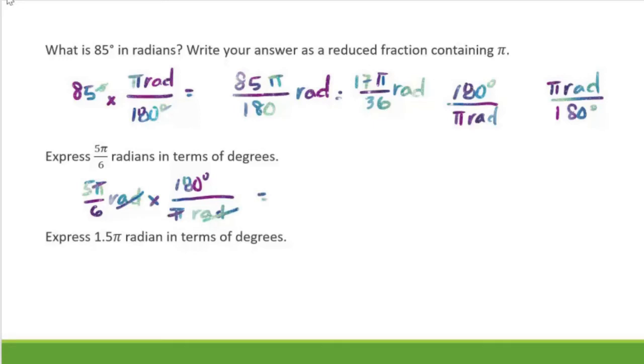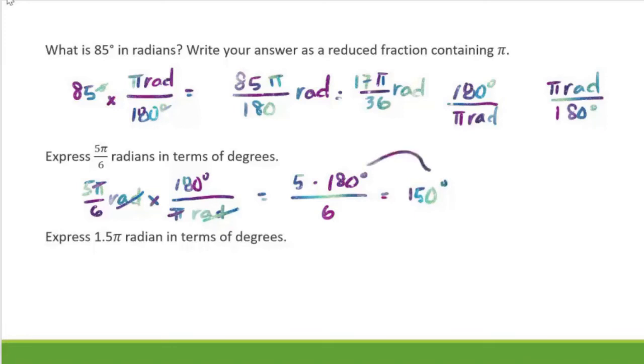So we don't have to worry about it in our final answer. If we multiply these two fractions, we get 5 times 180 degrees divided by 6, or 5/6 of 180 degrees, is 150, and our units are still in